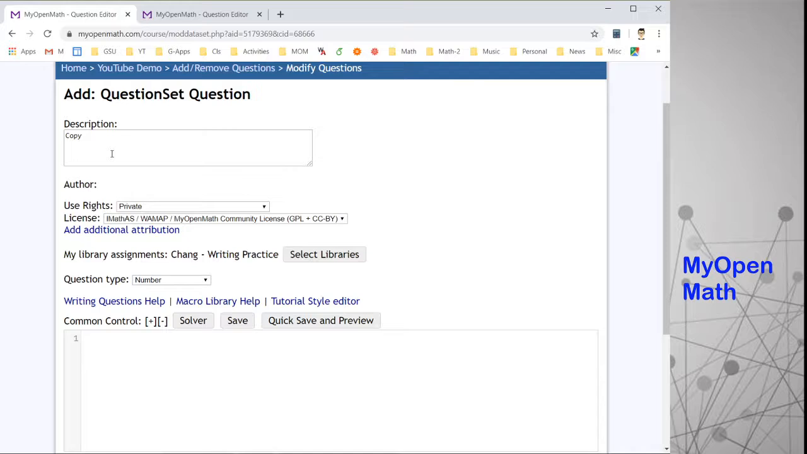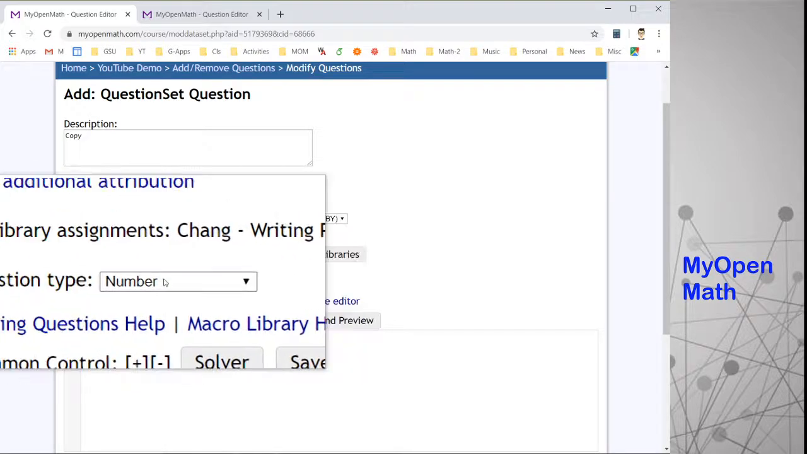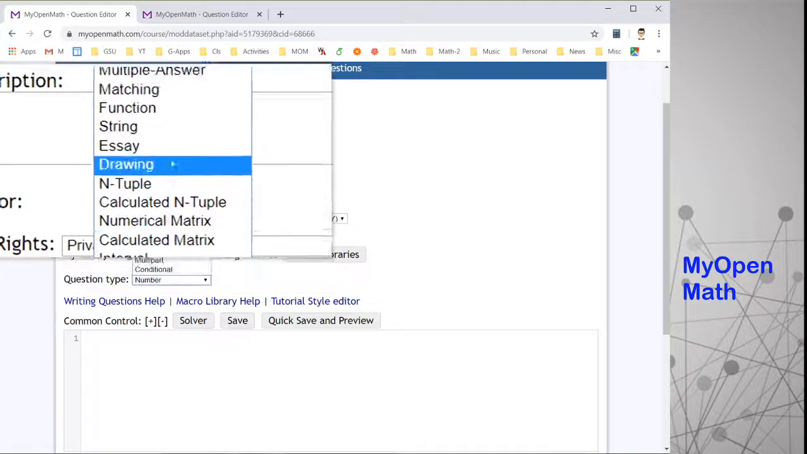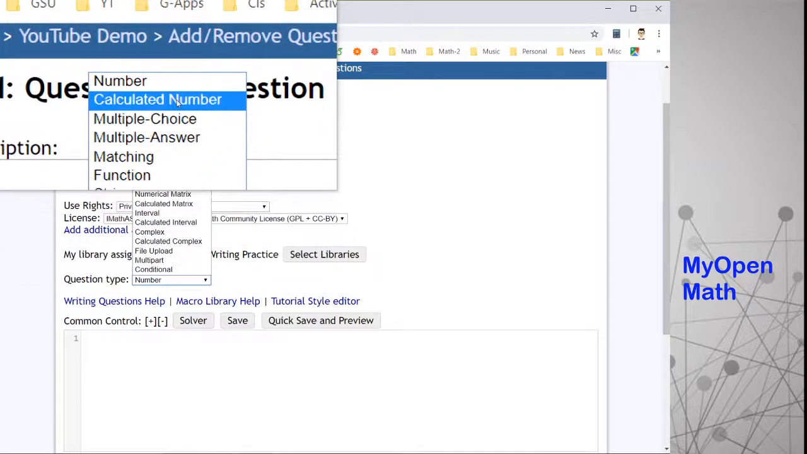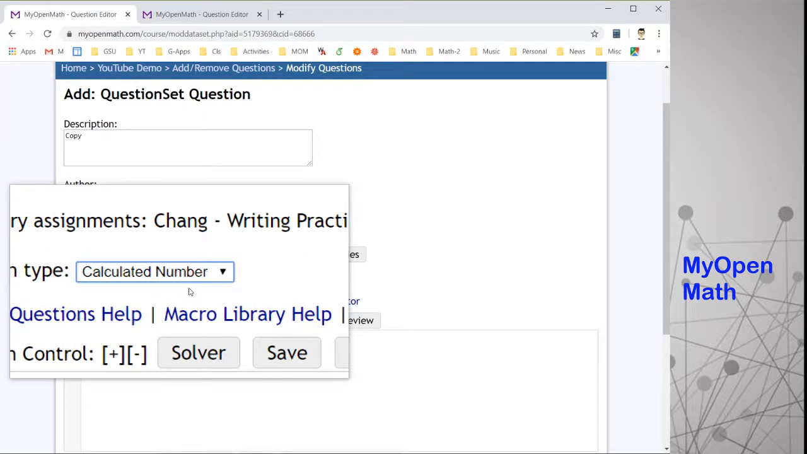So let's see how to write those questions. First one is a title. Go ahead and write the title, and always select the correct library. Mine is writing practice. And question type this time is going to be calculated numbers, right? Not just a number. A number is just the decimal form of the number. But if it is a calculated number,